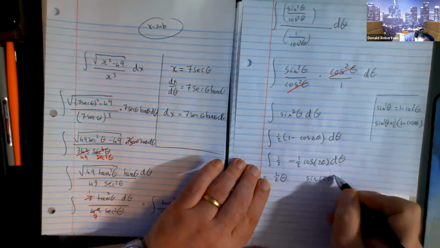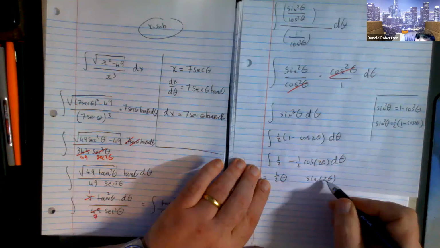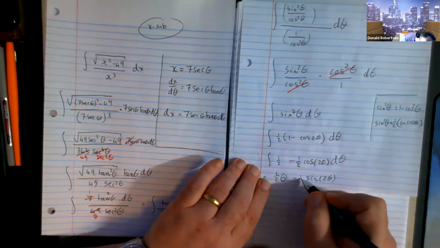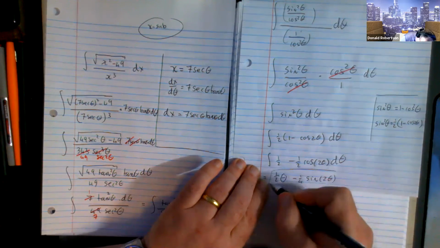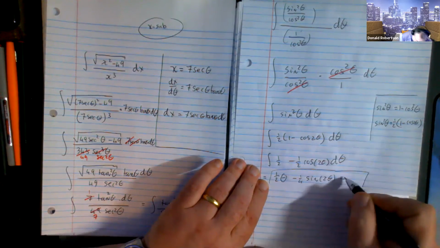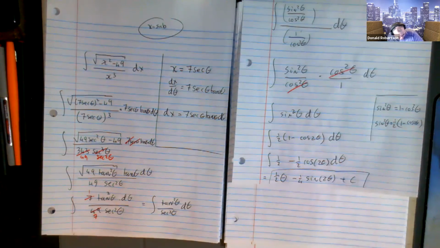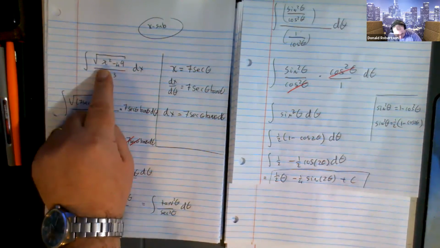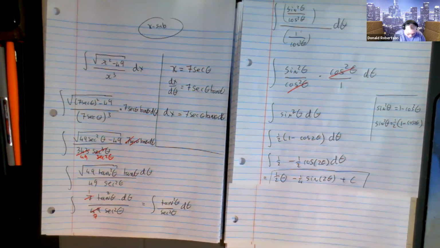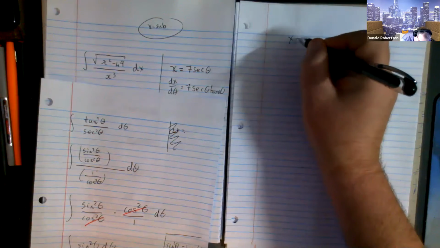Because it's a cosine of 2 theta, you get an extra half. So that's where that came from. So we've taken the original and we've integrated it. The only problem is that it's in terms of theta, and we need to convert it into x's. So you go back to your x sub,